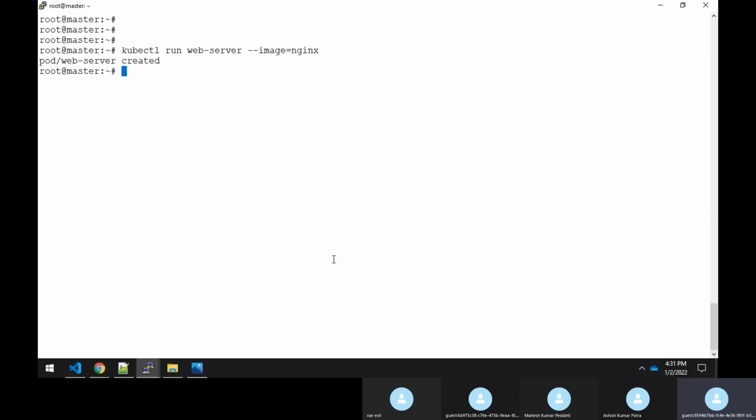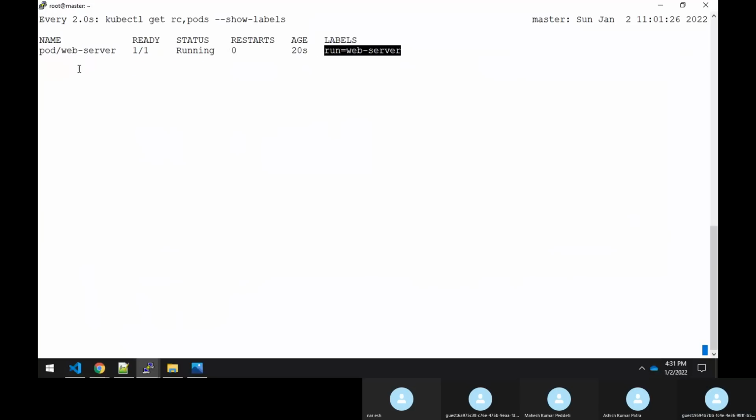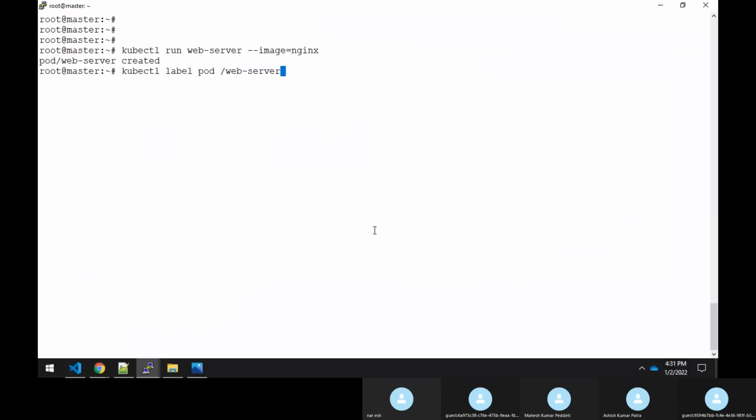So now what I'll do is delete the label for this pod. I'll just say kubectl label, and whenever I want to delete a label, I have to say the key, run, with a minus like this.